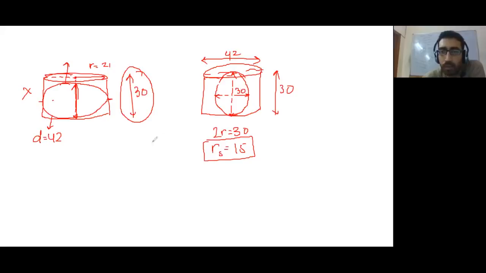Yeah. So in terms of dimensions, you can calculate the total surface area or the volume, whatever the question wants you to ask. You'll get that only if you realize that the radius of the sphere has to fit in terms of the height. The height is the limiting parameter, and the radius therefore must be 15, because that will give you the diameter here to be 30. Now you can calculate whatever you want. This is question number 1.